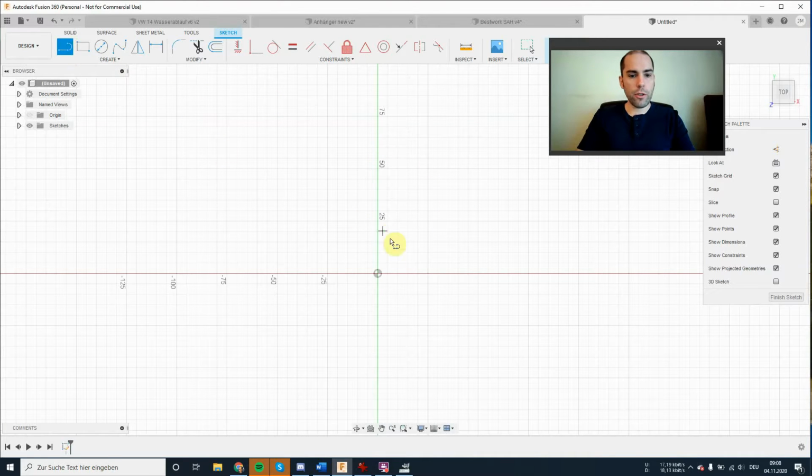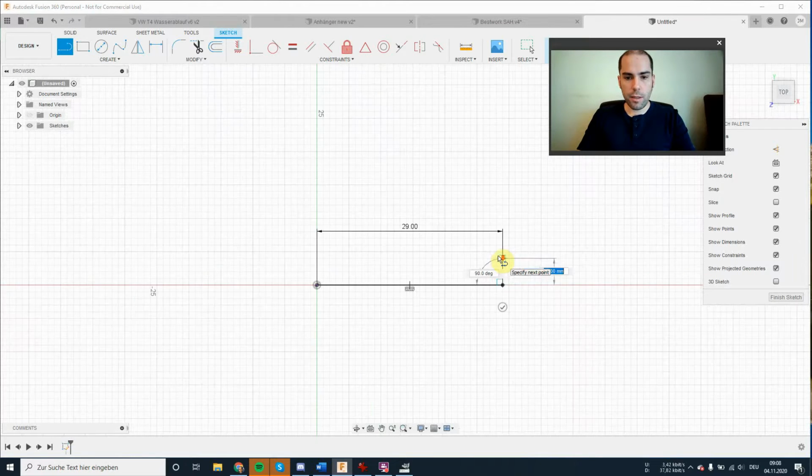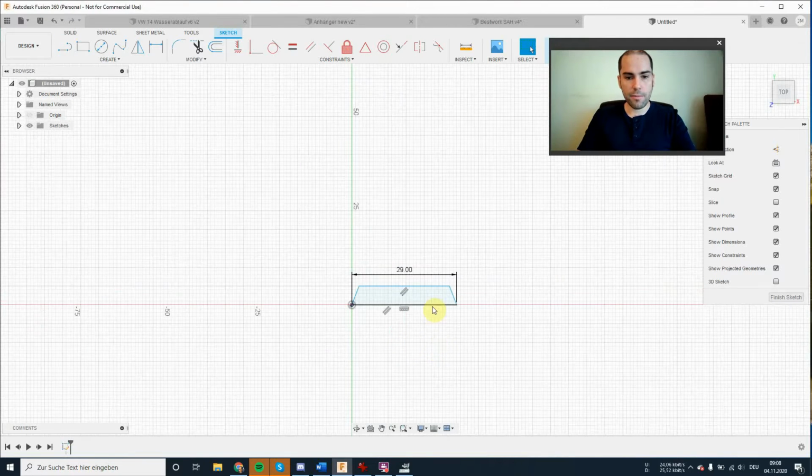But first, we're just going to create a reference drawing for a bottle cap. Bottle caps are approximately 29 millimeters in diameter and about 5 millimeters high. So they look kind of like this.